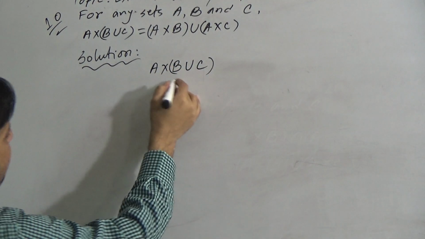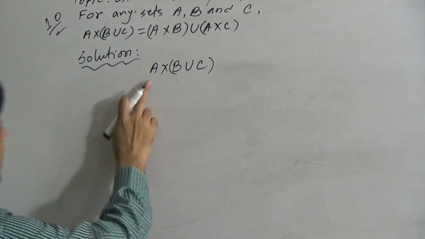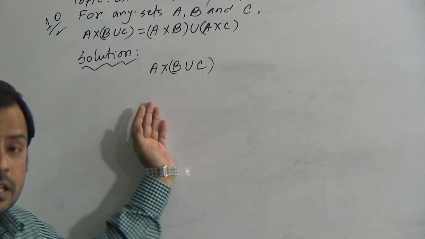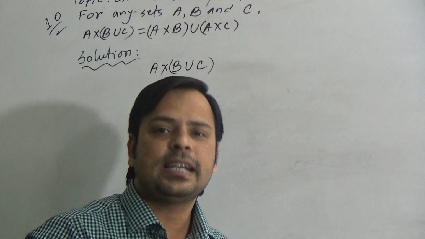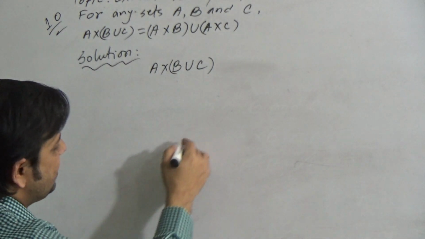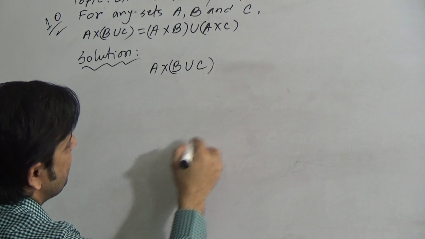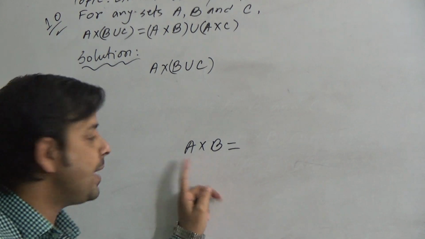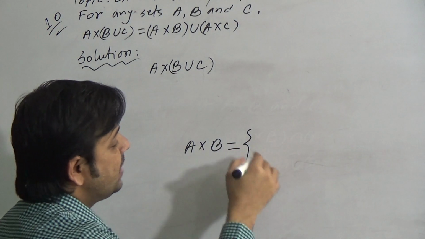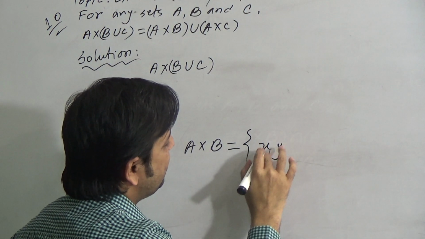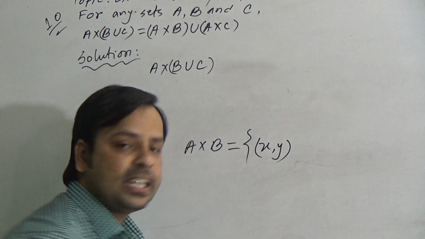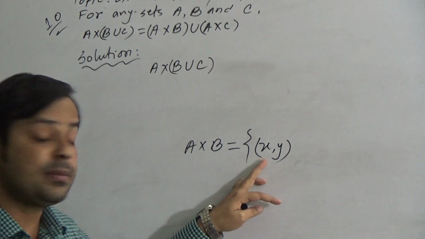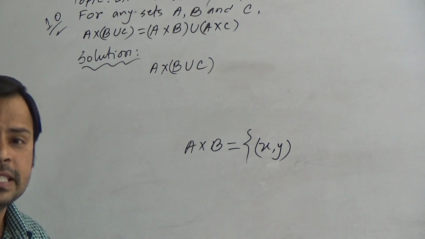As here is cross, B union C is a set and A is another set, and here is a cross sign, so this is a Cartesian product. Dear students, you know the definition of Cartesian product, that is A cross B, A Cartesian product B. We can say A cross B means the set of all ordered pairs of x and y. It means the elements of this set must be ordered pairs whose first element is x and second element is y,